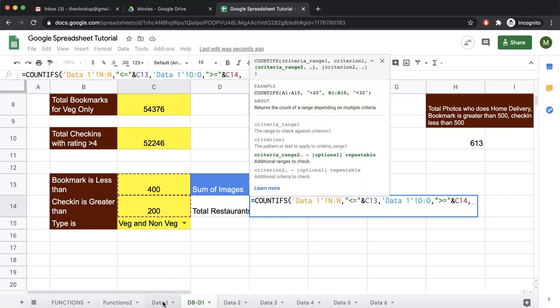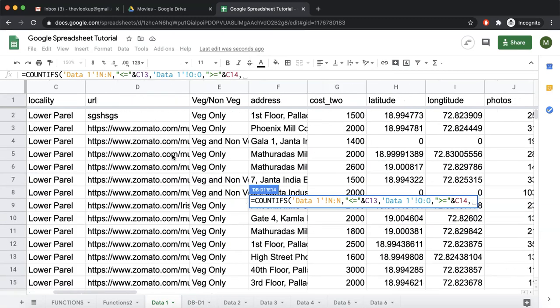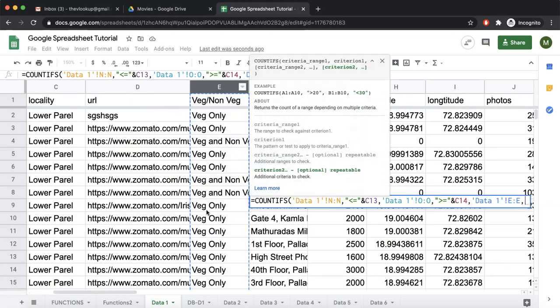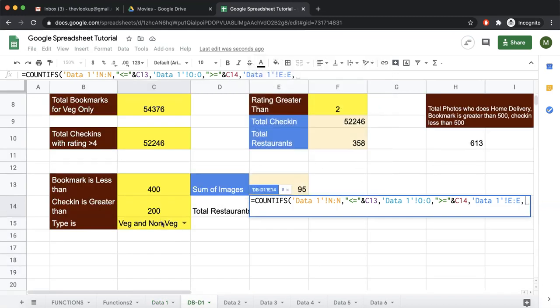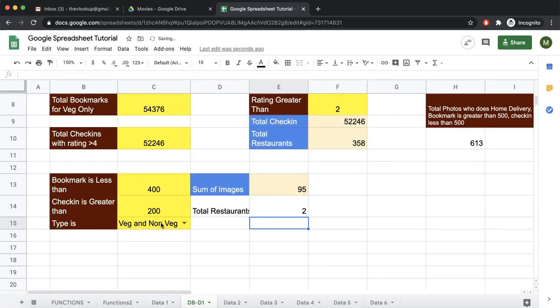Third range is type, veg or non-veg, this value, comma, this is the criteria. So we have two restaurants which have less than 400 bookmarks, greater than 200 check-ins, and veg and non-veg both is available. 200 restaurants, and the sum of the images of those 200 restaurants is 95.